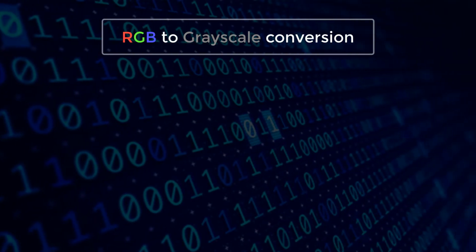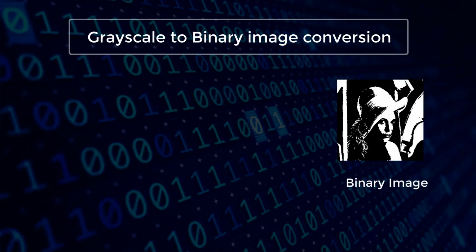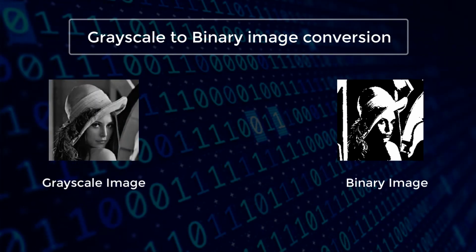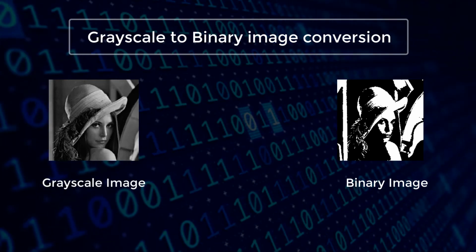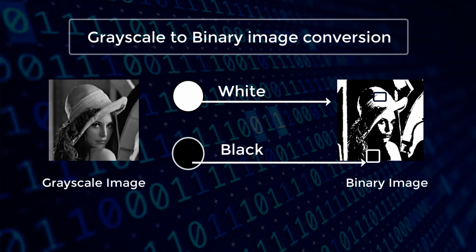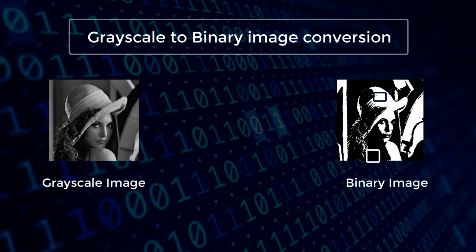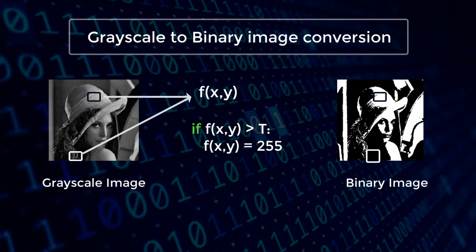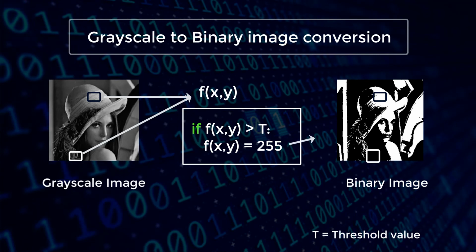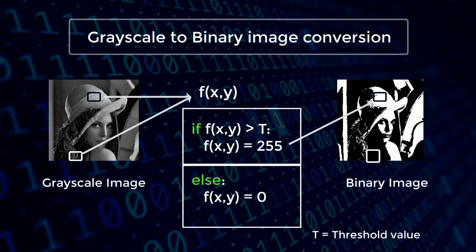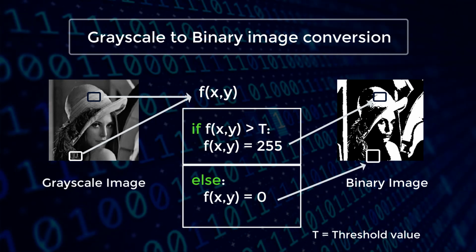Now as we have understood about the grayscale image, we will look into binary image, which can be generated using grayscale image. Binary image, as its name suggests, composed of just two colors, black and white. The logic for conversion of grayscale image to binary image is based on the threshold level. If the pixel intensity value of grayscale image is higher than the threshold value, then assign a binary image with a white color value or the maximum intensity value, which is 255 for 8-bit image, else assign minimum value, that is 0 if the pixel intensity is lower than the threshold value. And by varying the threshold value, we can get different distribution of white and black pixels in the binary image.